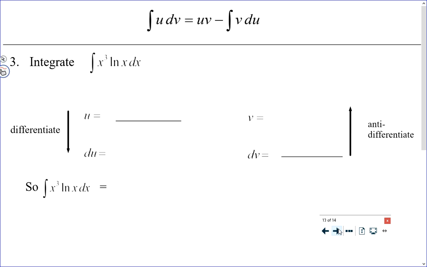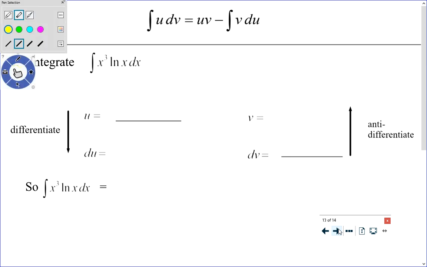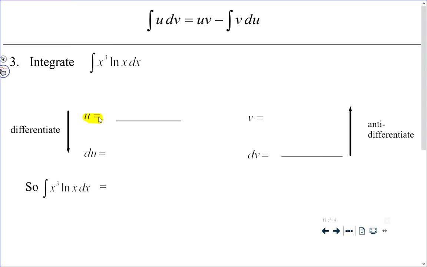So let's try a third example, but we're going to use the notation that I just talked about. And there's also something else that's different here. I told you that the thing you choose for u is almost always the thing that gets simpler when you differentiate. The exception is if you have the natural logarithm appearing in the integrand. You're going to choose ln of x as being u. Now, one of the reasons why you have to do that is if you didn't and you chose ln of x equals dv,